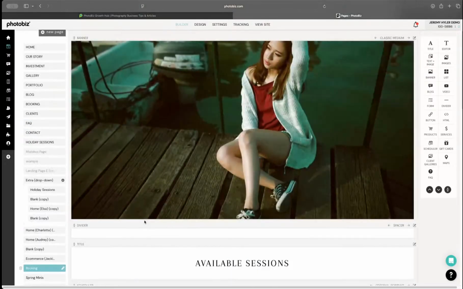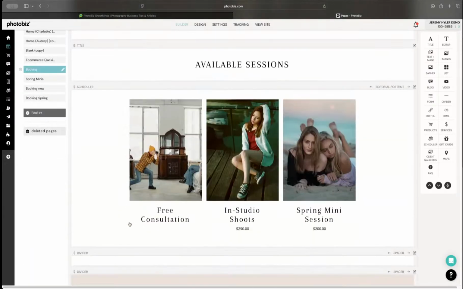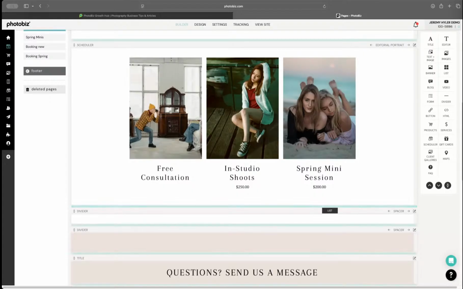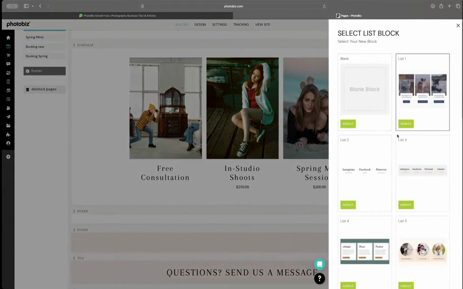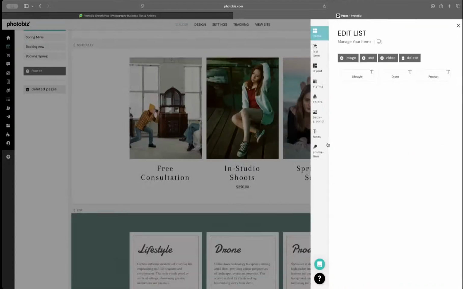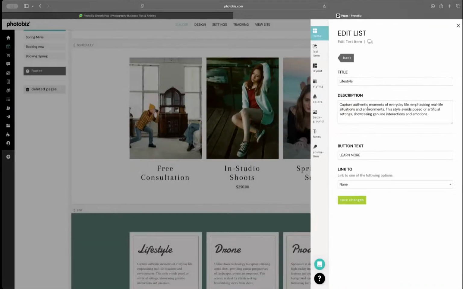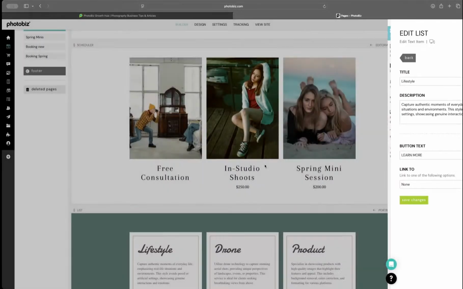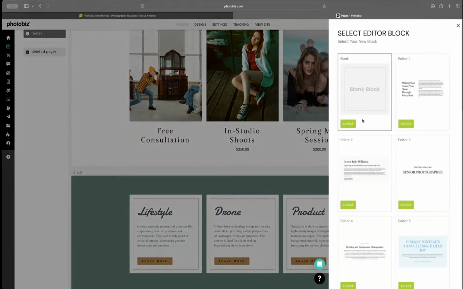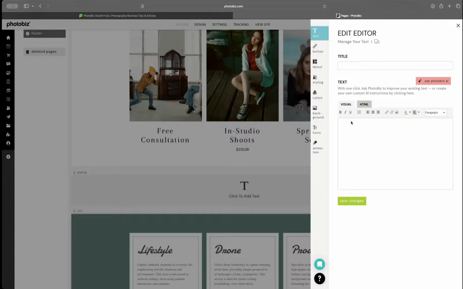Maybe you want entire systems added to here, like, oh, I want to explain what a shoot is like with me. Okay, well, let's do that. We're going to add this list block. We're going to add just a simple breakdown. Here we go. And you can see the descriptions available and stuff like that. Well, guess what? You might not be able to do it yet on this block, but you can take in an editor block. You can then write about